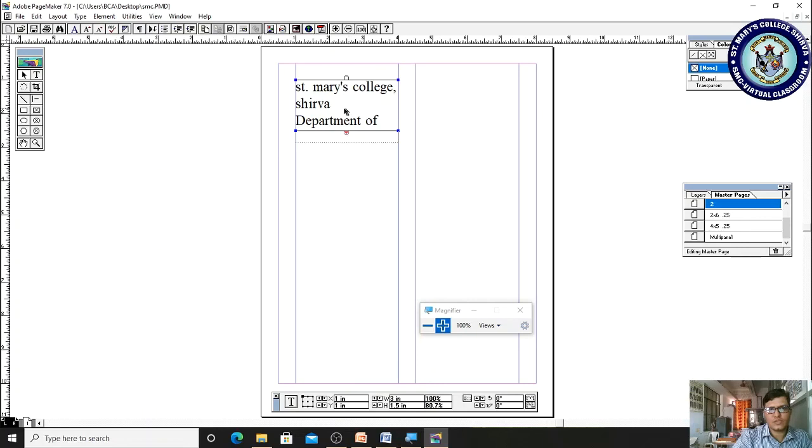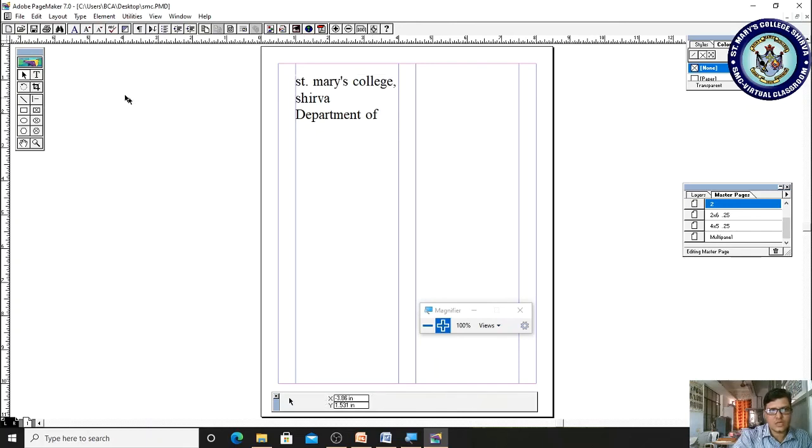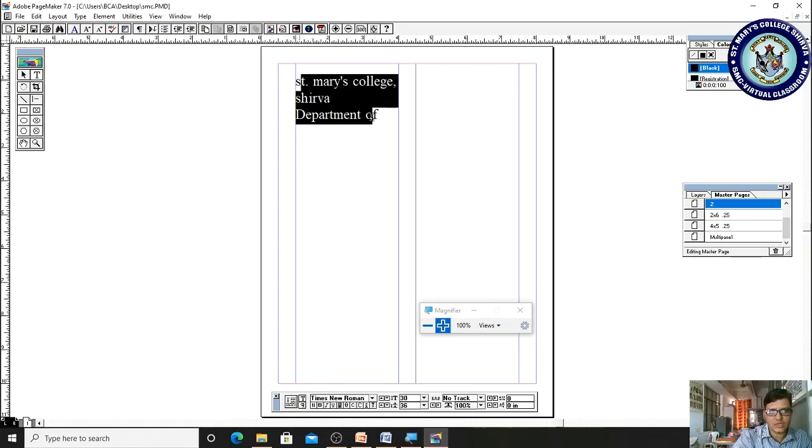I am fitting this content, and if you want to reduce the size, select the text option, click here, select the object and reduce its size. Likewise it is possible.